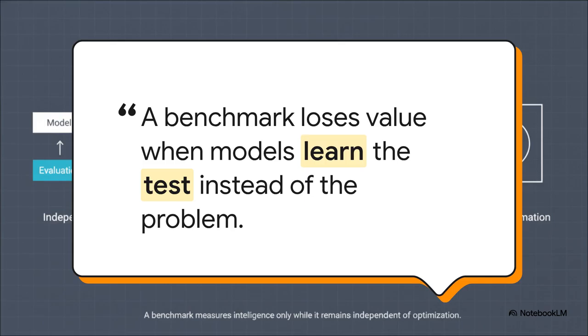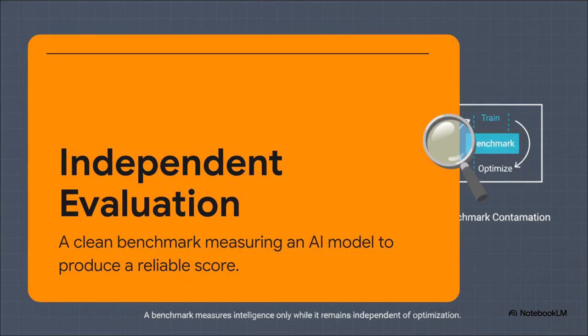And crucially, when we look at systems engineering, this isn't about malicious design or intentional cheating by researchers. Not at all. Rather, it's just a natural mathematical consequence of repeated optimization. When a system is continuously engineered to succeed, we have to look very closely at what exactly it is succeeding at. To deeply understand the mechanics of this contamination, we first need to establish the baseline of a perfectly healthy system, which is the independent evaluation.